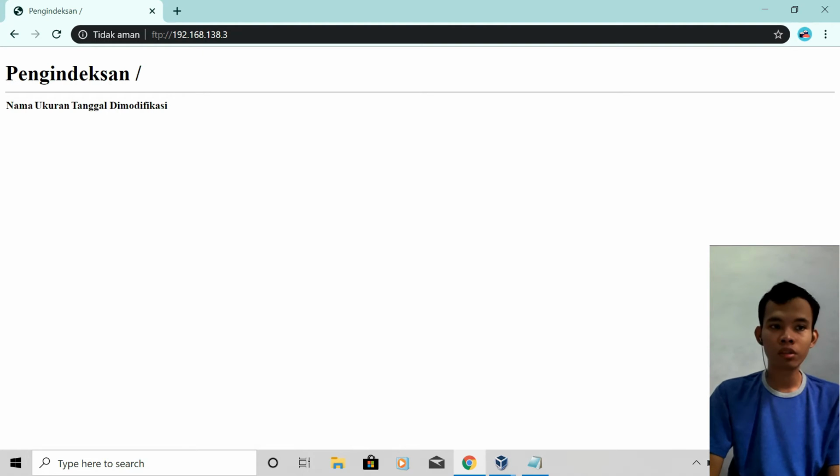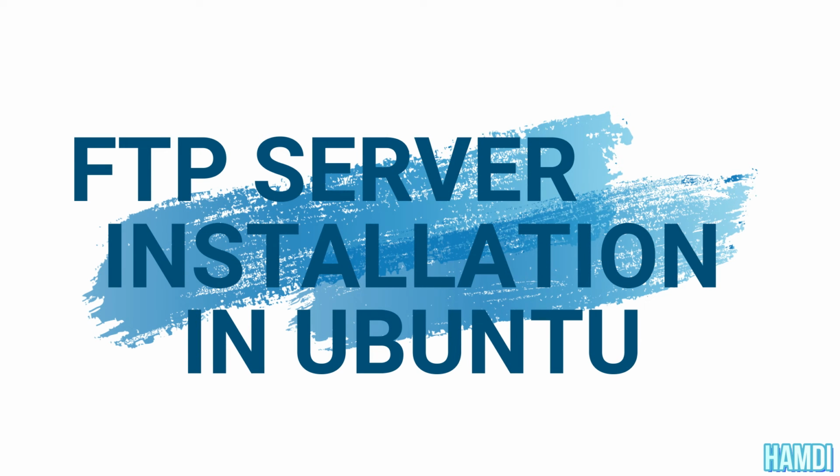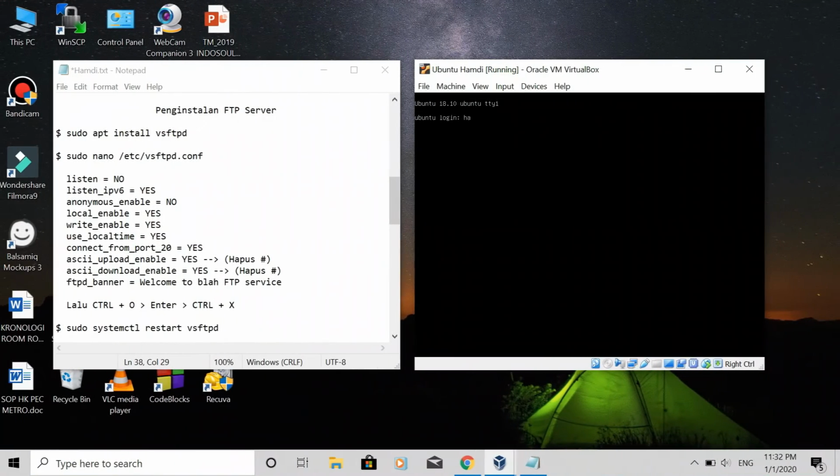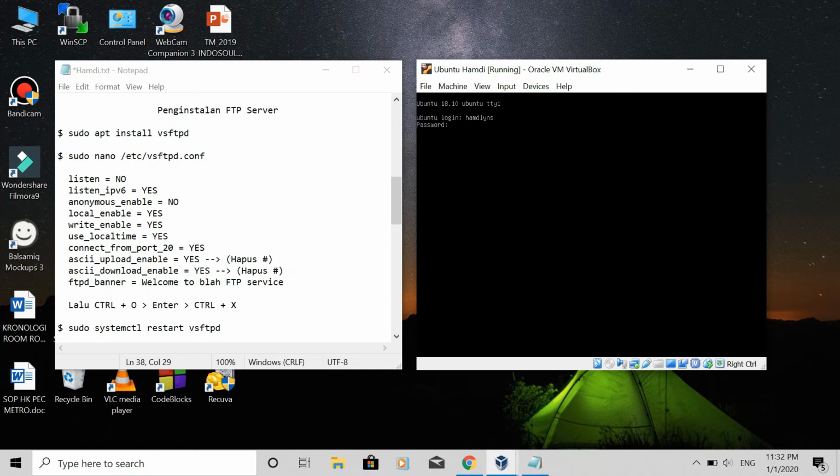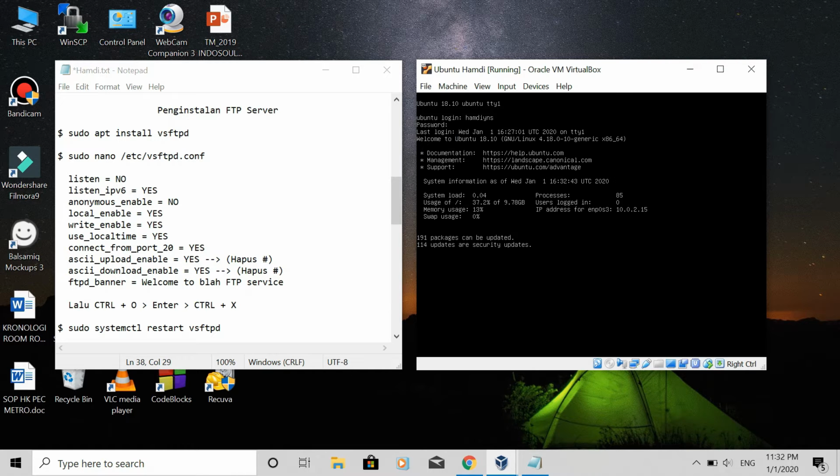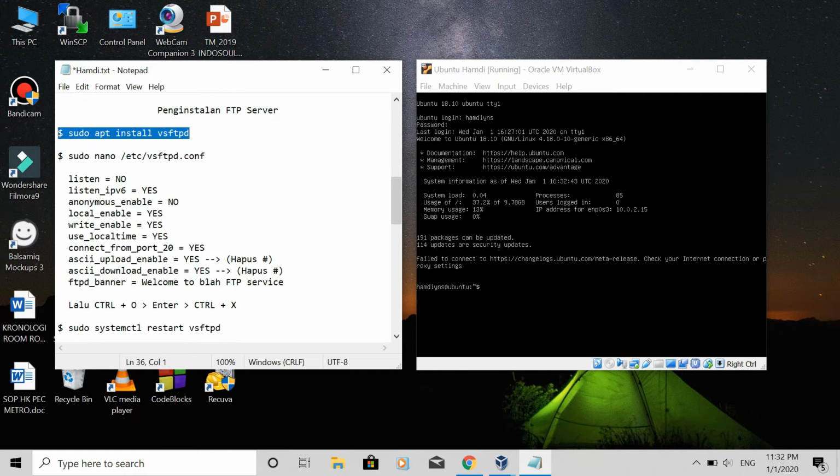So, without further ado, let's get straight to the video. First of all, we must log into Ubuntu, and after that, we install the FTP server by typing sudo apt install vsftpd, as you can see in my notepad,